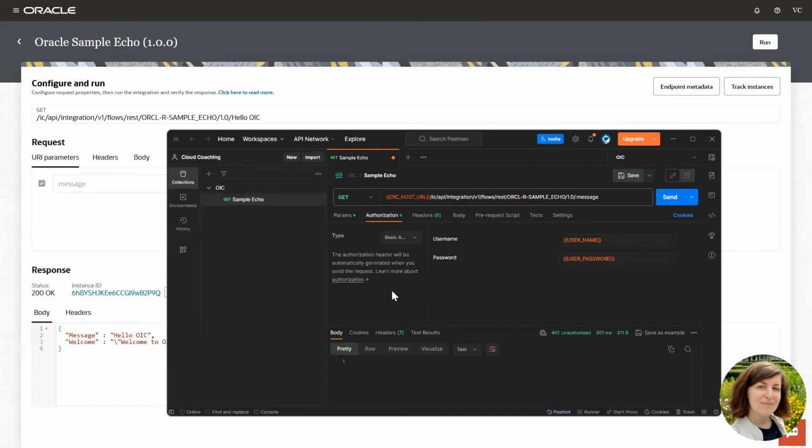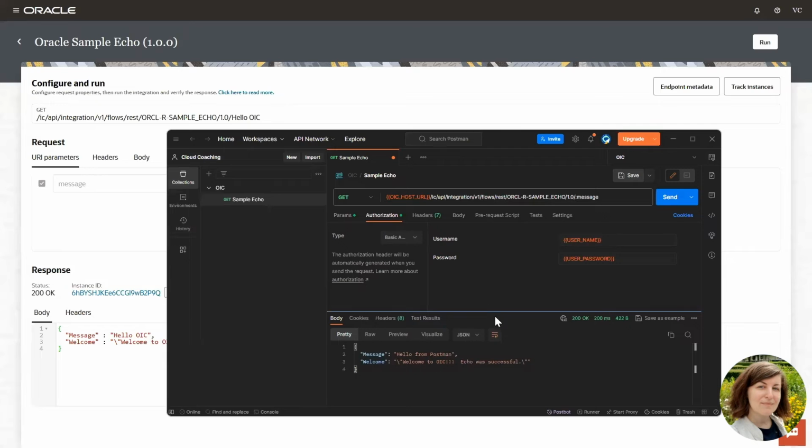For the simple test, I'm going to use basic authentication, and I provide a username and password. This user needs to be authorized to access or call OIC. And this is done by assigning the proper application role. Let's click on send, and now we get 200 OK response.